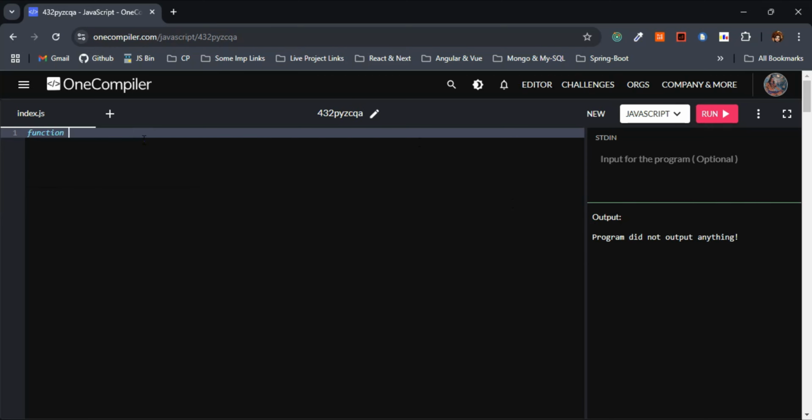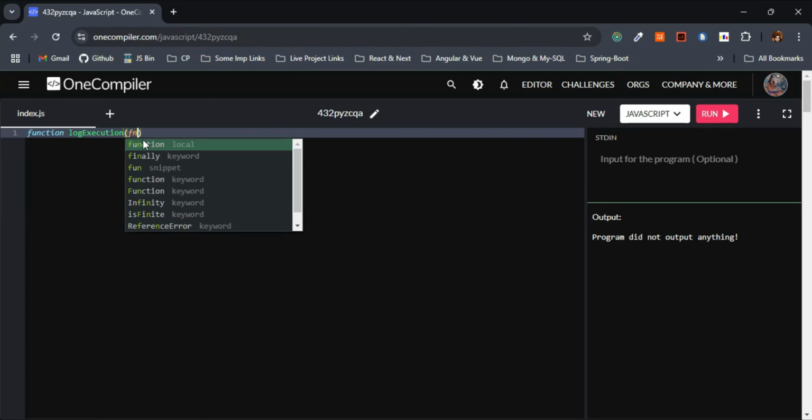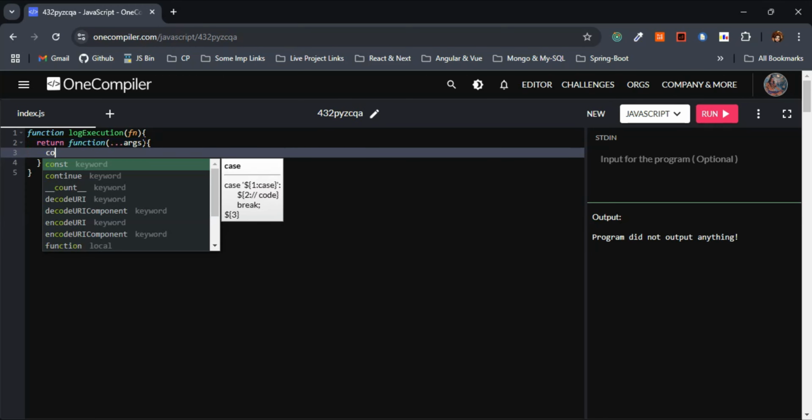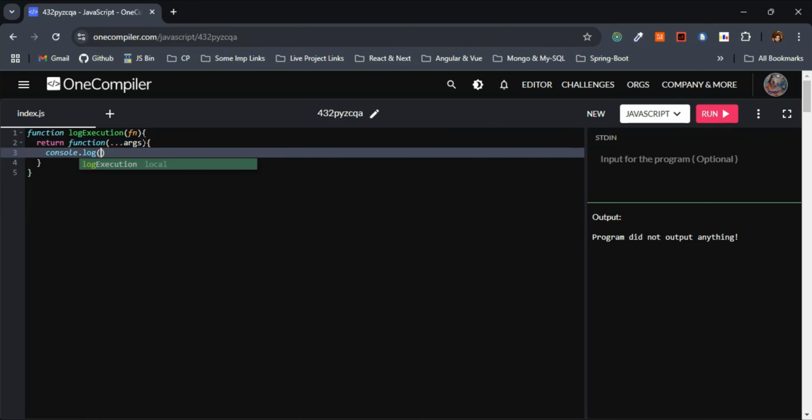Let me create a function and name the function logExecution. Let's pass the parameter func, right? Let's return something very quickly. Return a function, and let me make use of the spread operator, ...args. Here, let me log something. Let me make use of template literals and let me give "Calling"